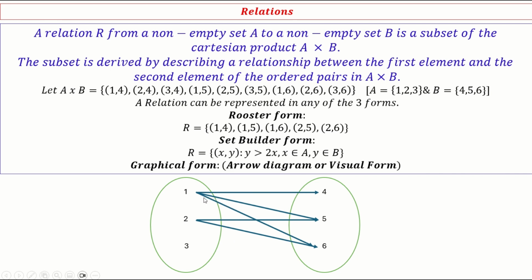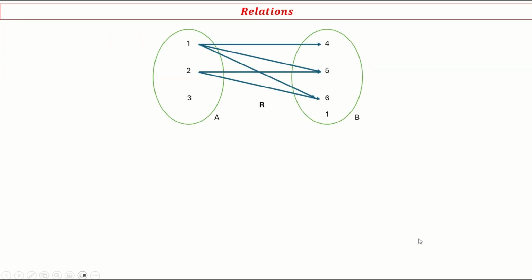If you see, I represent it with the arrow. In a relation, it is possible that you leave some of the elements out, not part of the relation. That is possible because they are not meeting the condition. Those elements which are not part can be from set A or set B. We call the first element of the ordered pair